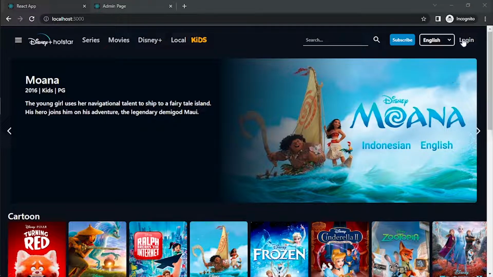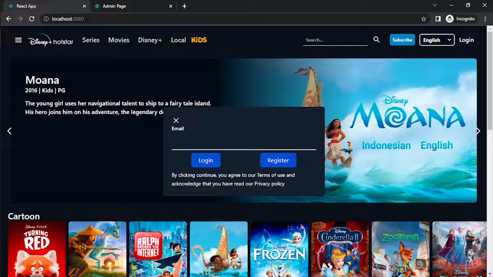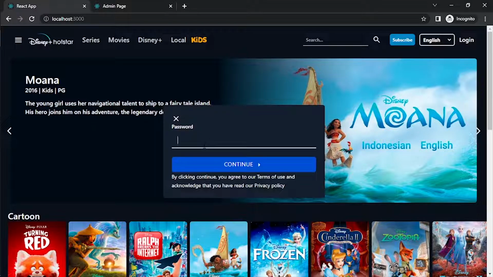After the user is registered, now we can try to log in. I will write alicia@gmail.com, and for now, we are going to choose the login and put the password. The password is 12345. Click continue,